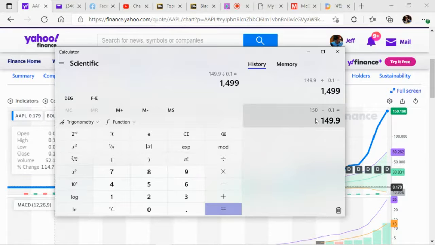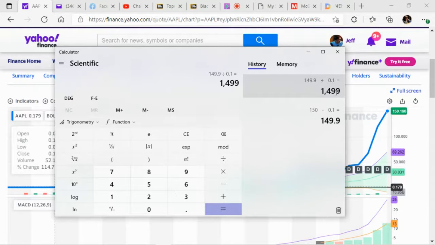In terms of percentage, that's two more zeros, so 14,990. What is that in terms of percentage? Two zeros, so that will be 14,000. No,